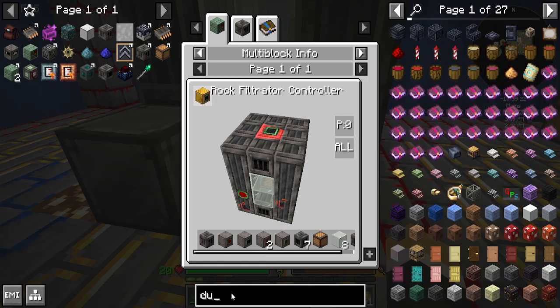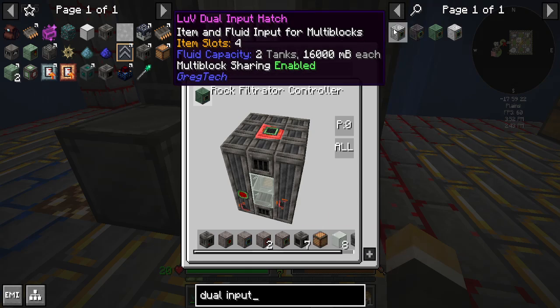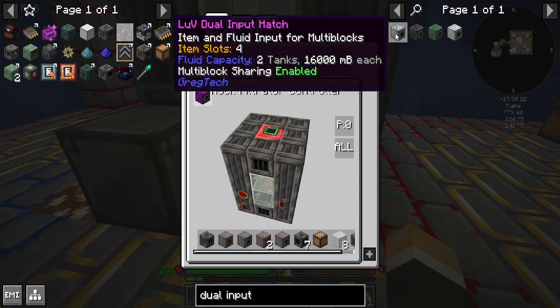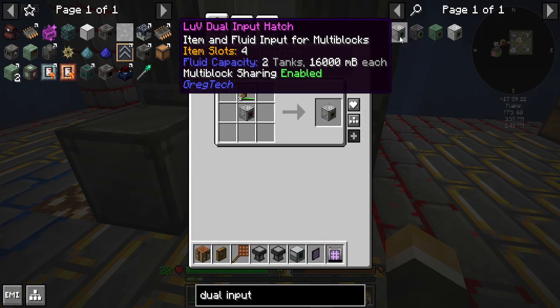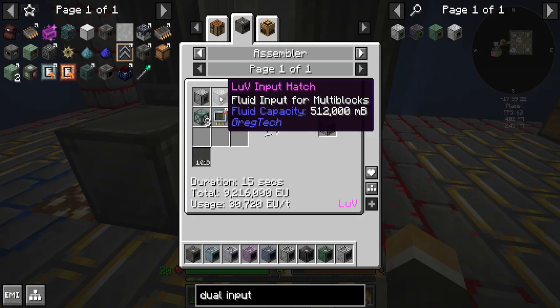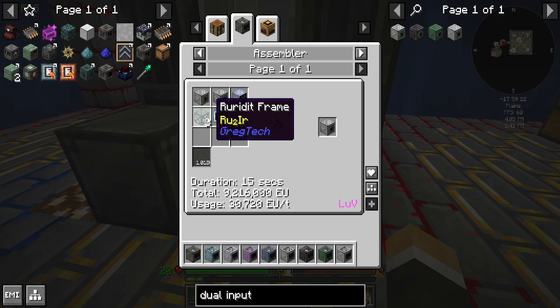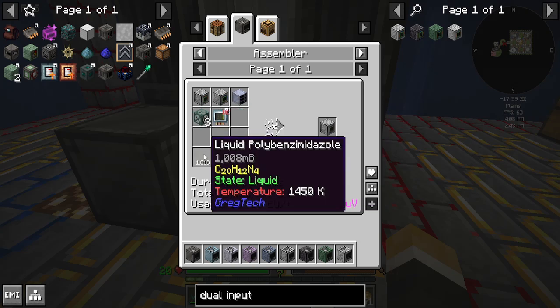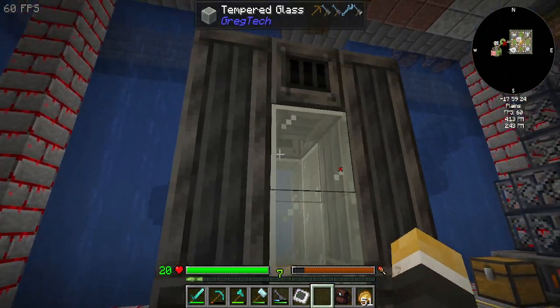What's a dual input hatch? Item and fluid inputs. Oh. But not until LuV. Okay, that's fine. How do we make that? Input bus, input hatch, fluid pipes, and frames. Crazy. With liquid polybenzimidazole. All right, so